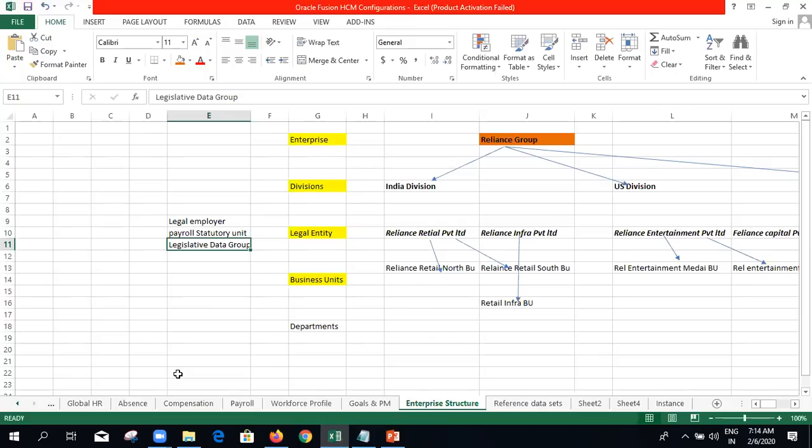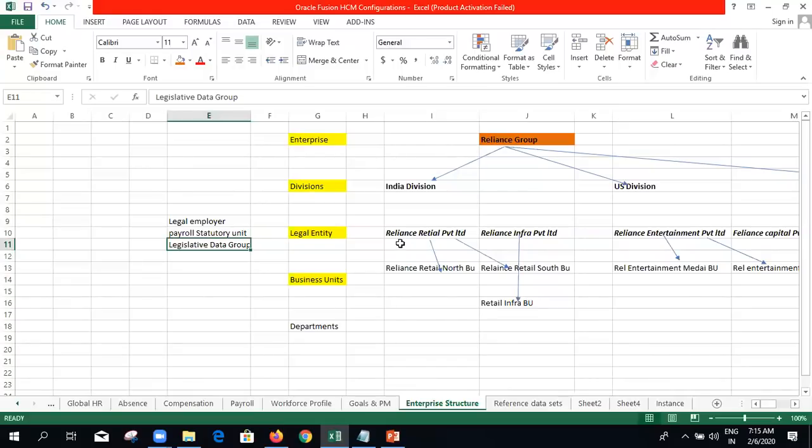If I go to the Middle East, there the tax component name is GOSI, General Organization for Social Insurance. If you go to Dubai, Qatar, Yemen, for all these countries, GOSI is the tax component. So each country has its own tax components and its own tax calculation rules. So here the legislative data groups are there for enabling those features for our legal entities. Nothing but these are the localized payroll partitions. Oracle is providing those predefined calculations for the respective countries.